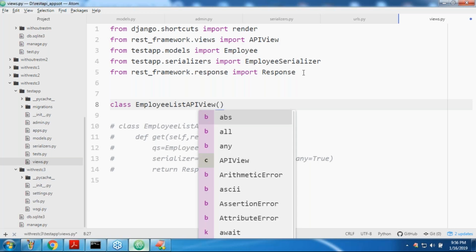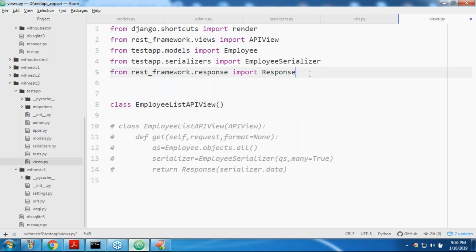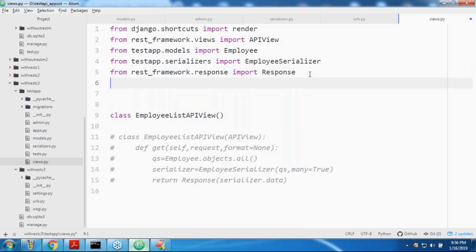Which parent class do I have to take? ListAPIView. Where is it available? From rest_framework.generics import ListAPIView.